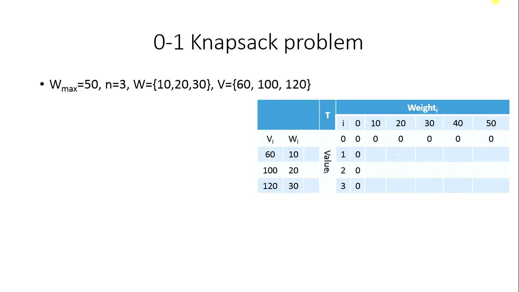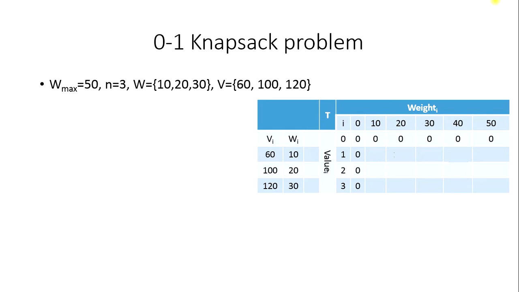The example is that the knapsack can hold a maximum of 50 kg. And we have three items that weigh 10 kg, 20 kg and 30 kg respectively, with the values of $60, $100 and $120 respectively. The scenario dictates that we can only take one item at a time, and we cannot take an item twice. Also, we will either take the whole item or we will not take the item, hence the name 0 or 1.